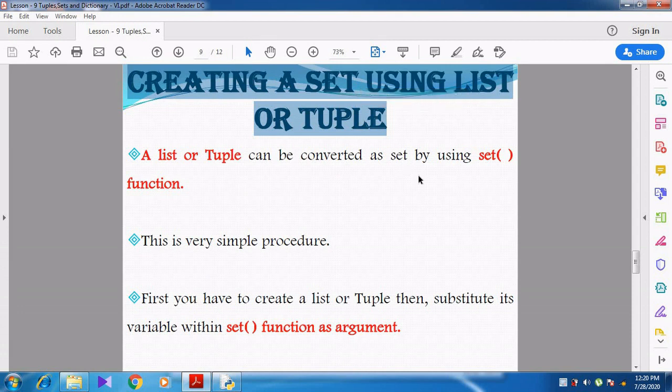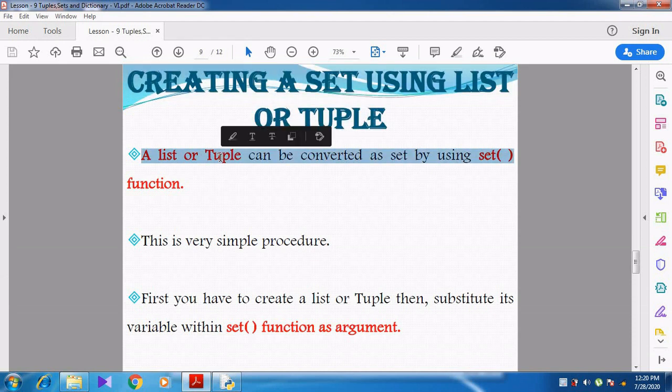Creating a set using a list or tuple. A list or tuple can be converted to a set using the set function. So a list or a tuple can be converted using which function? The set function.